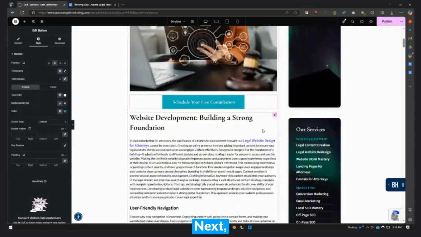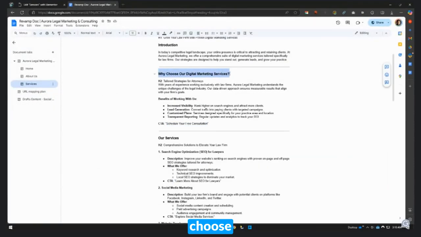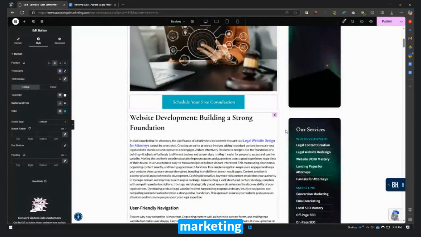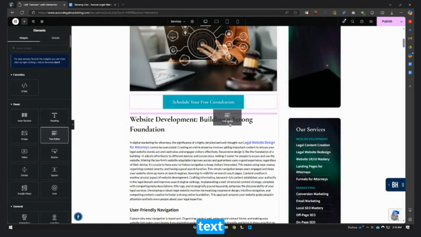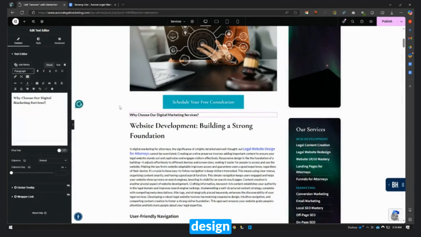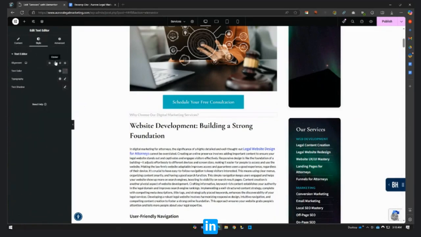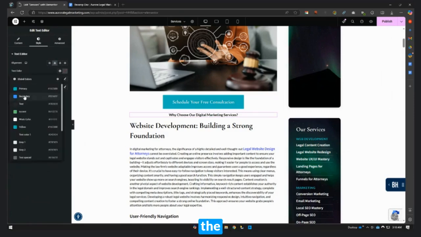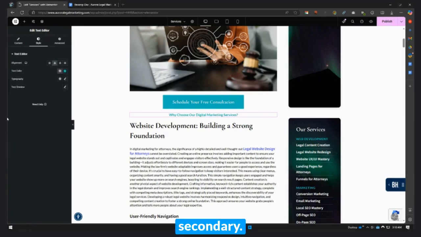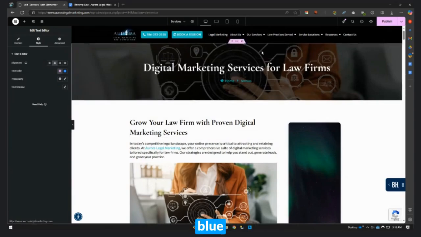It's good. Next, why choose our digital marketing service? Just a text editor. We'll design that in the center and make the color the accent secondary. Is there a blue in here?